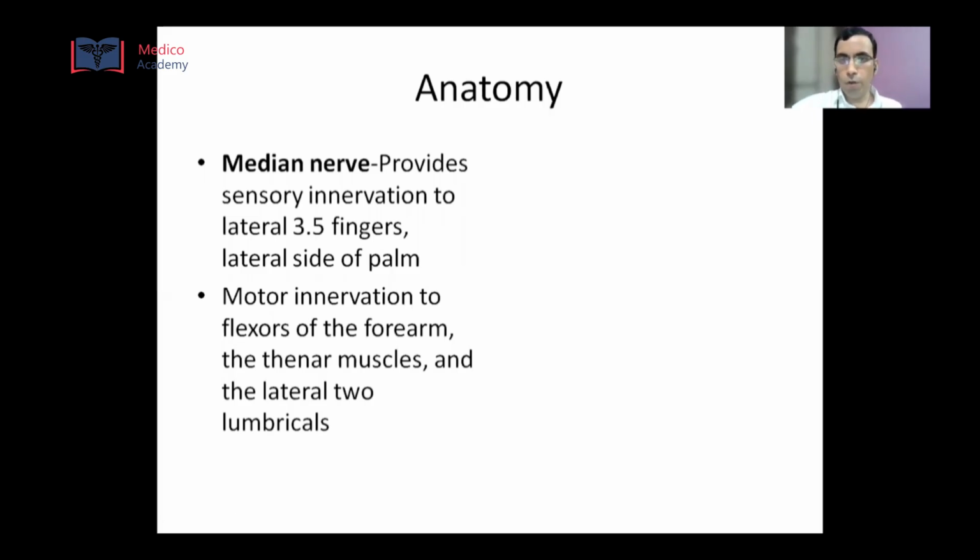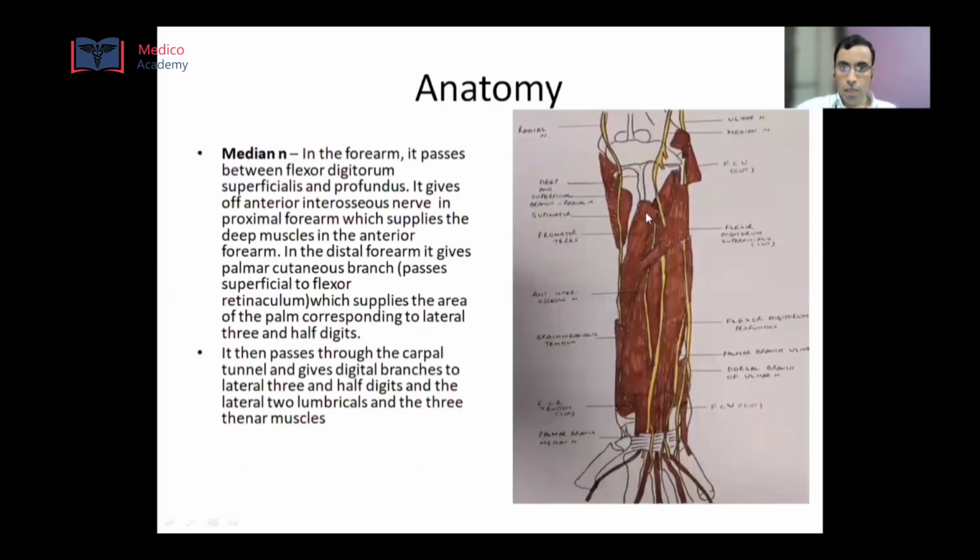Now coming to the median nerve block. The median nerve provides sensory innervation to lateral 3.5 fingers and lateral side of the palm. It also provides motor innervation to the flexors of the forearm, the thenar muscles, and the lateral two lumbricals. In the forearm,